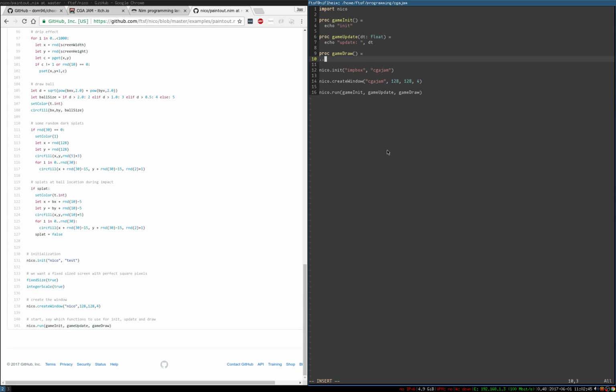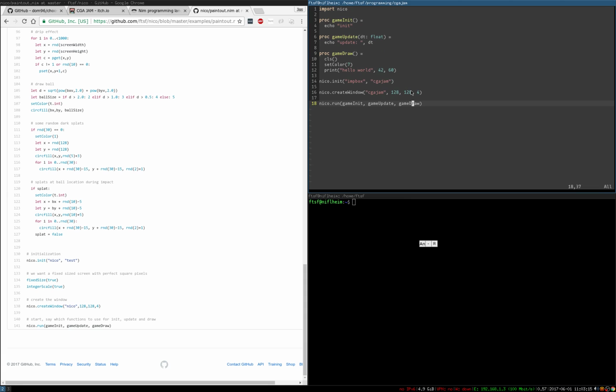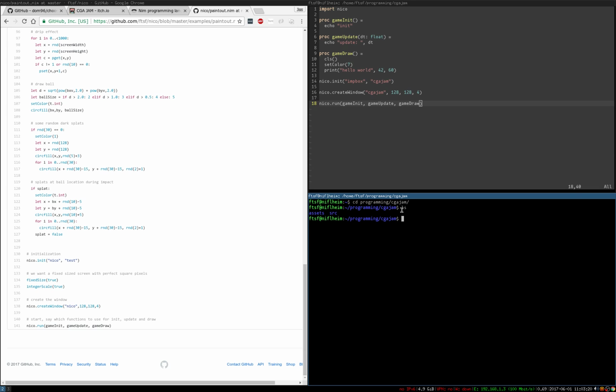and what are we doing in this one? We can clear the screen. We can print hello world at roughly the middle of the screen, go up a few pixels, let's say 42. We should set the color. So by default, Nico uses the Pico-8 palette, so a 16 color palette. So let's set the color, and if we run